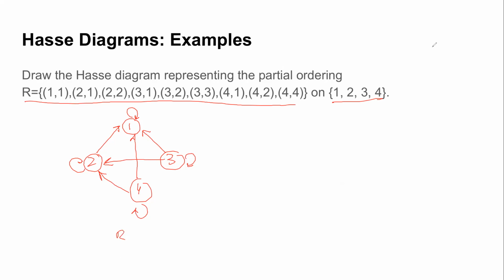Just tell me what will be its Hasse diagram. You can tell me the ordered pairs since you cannot show it to me. Whoever has completed, just type in what will be the ordered pairs in the Hasse diagram. Okay. So what is the first step? First step is remove the self loops. Okay. So I will remove the self loops. After that, I have to remove the transitive pairs. Right? What are the transitive pairs?